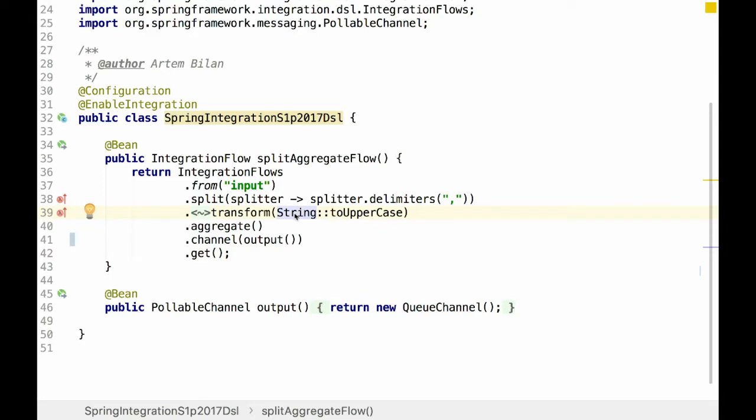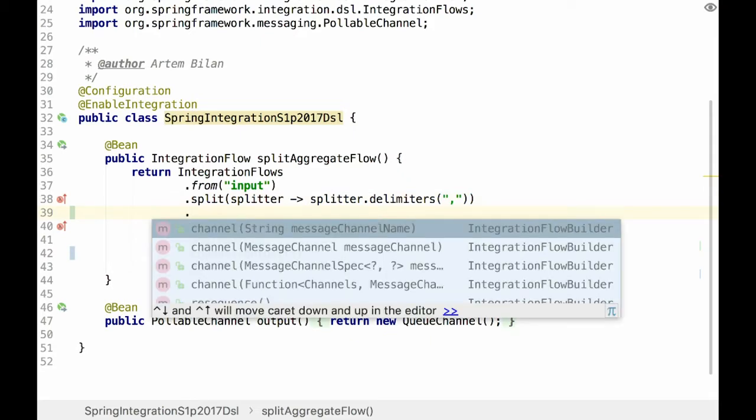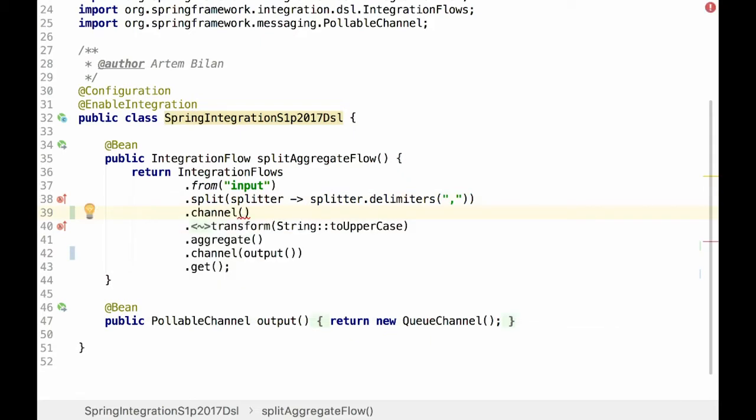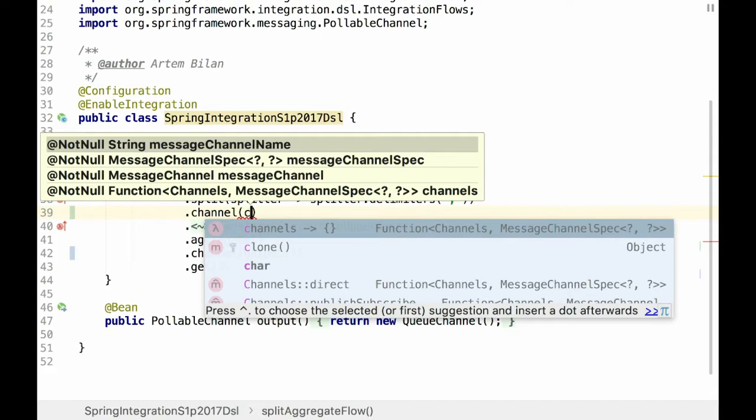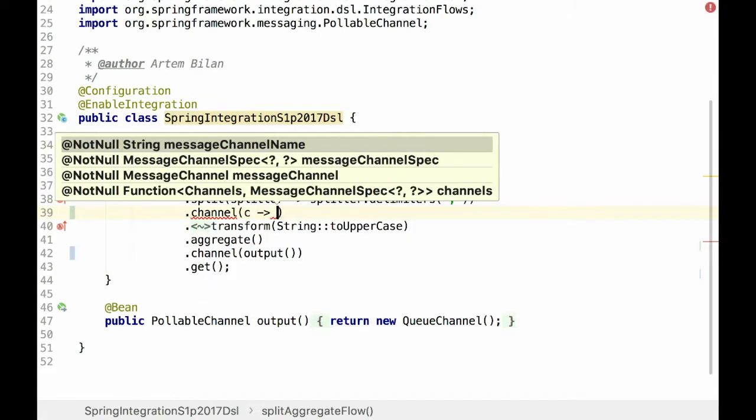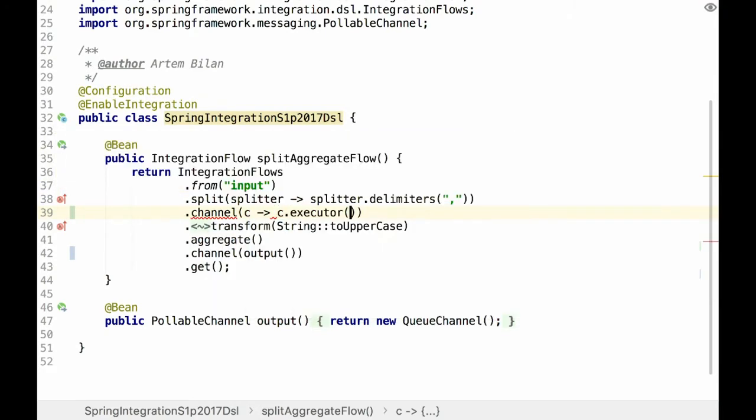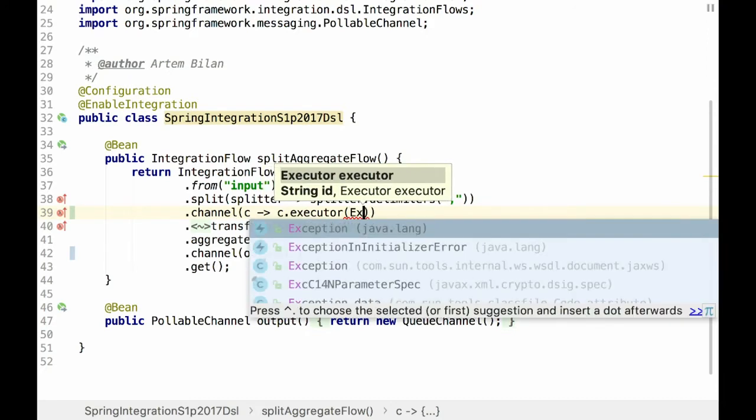But when we come to integration, we maybe would like to do some work in parallel. For example, when we split, we get several messages from one after splitting by delimiter. So to make it parallel, we easily can add a channel in between, for example, an executor channel.